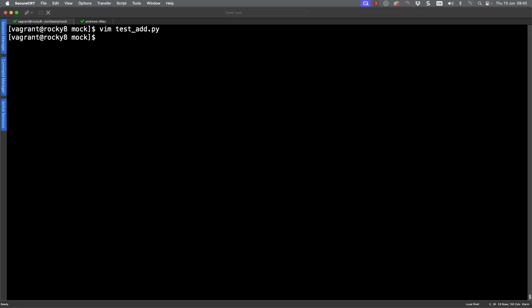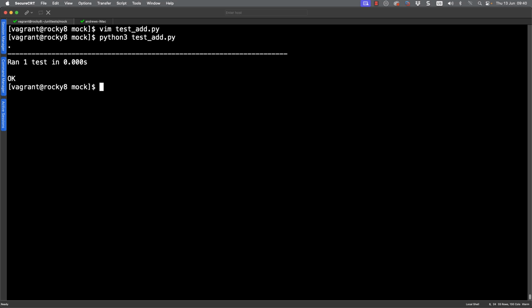So let's jump out and actually check that our test double is doing really well. So we can run Python 3 and test add.py, and we can see then that this has succeeded. As I say, we might need to run a few more mocks, but if we're happy that the mocks are working, we can then perhaps implement the real add and make sure that we're getting the same results back. But this way, we can build a foundation for our testing to make sure before we have to actually then pay for the external resource that everything seems to be working.